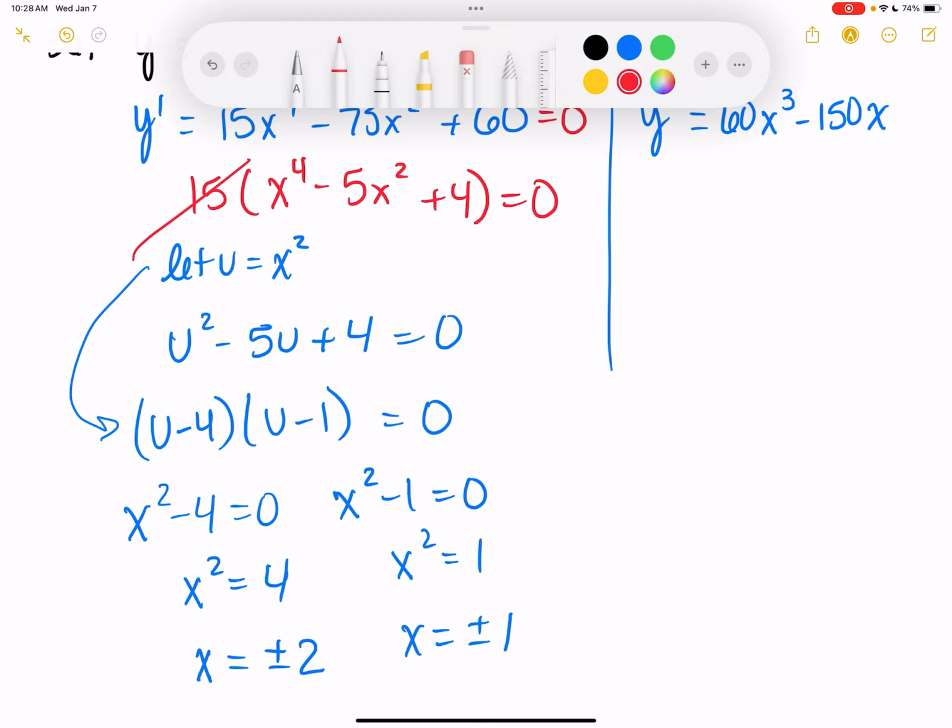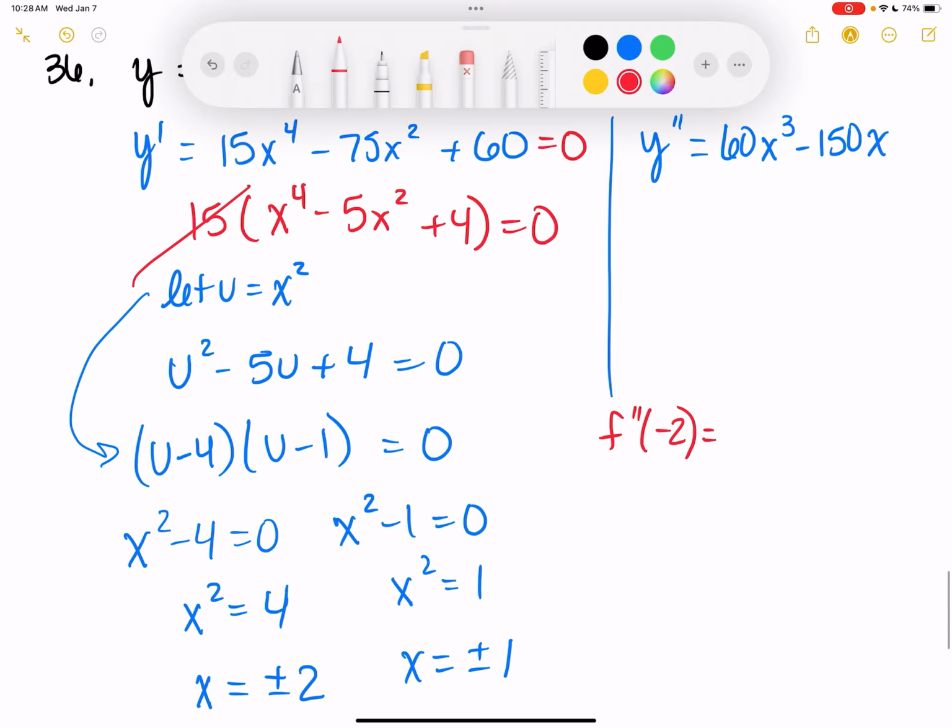All right, so over here in my second derivative, I'm going to plug in these points and basically remember, if it's less than 0, it's a max. If it's greater than 0, it's a min. And so we've got f double prime of negative 2. So if I plug in negative 2 to this equation, it's going to give me a positive 300